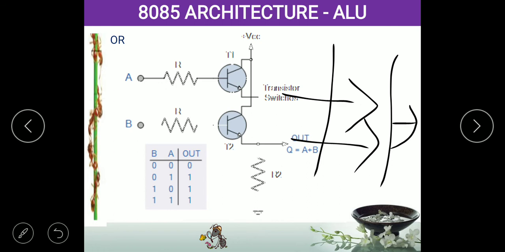Suppose in the same case, VCC is connected to the collector of the A transistor, so it is already energized. If you give 0 value here, the emitter will not emit any output. Similarly, if you give 0 value to B, the emitter will not give any output. If you give 1 to A, at that time, the base is already energized, and the collector is also energized because of the power supply, so the emitter gives 1. That comes this way, goes here, and finally you get the output as 1. But it is not bothered about the transistor B because the connection is like that.